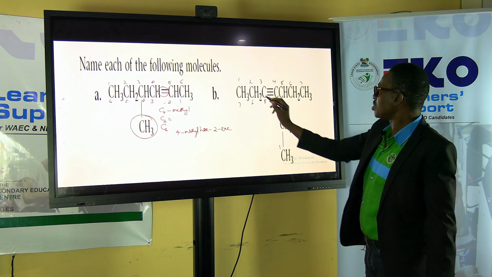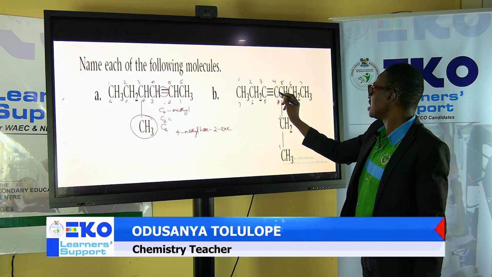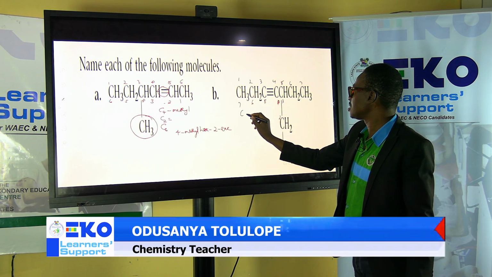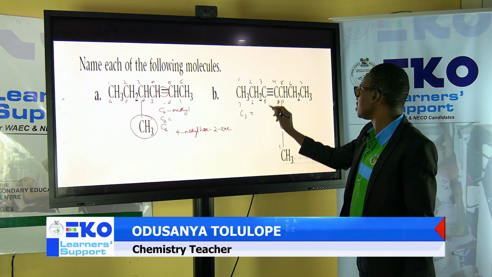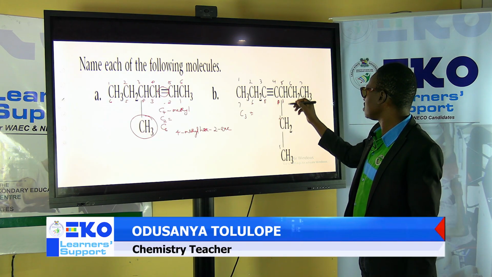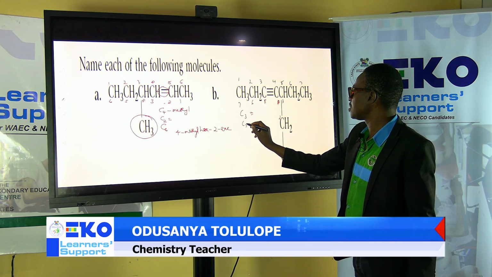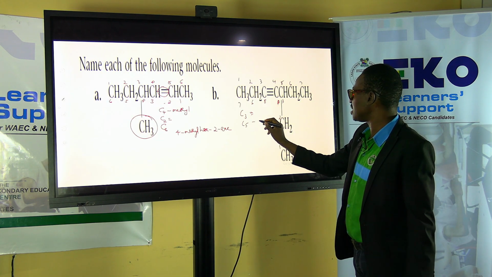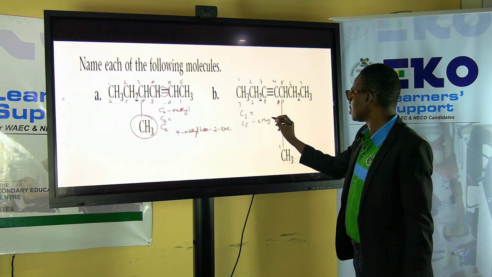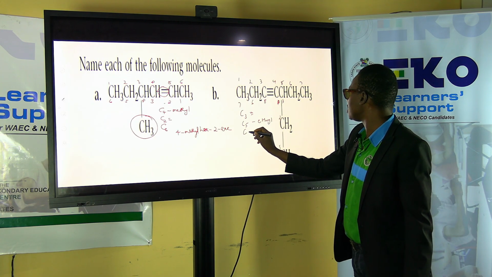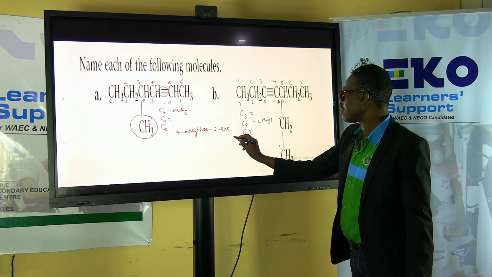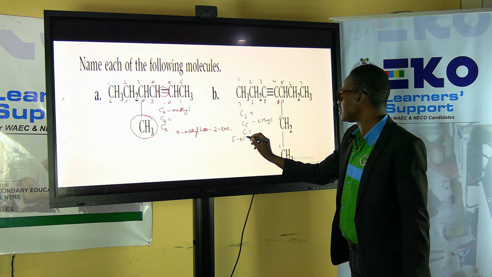So the same. If I come like this, 1, 2, 3. At carbon 3, I have my triple bond. Then at carbon 5, I have my what? Ethyl. Then the carbon atoms are 7. So I will start from 5-ethyl,